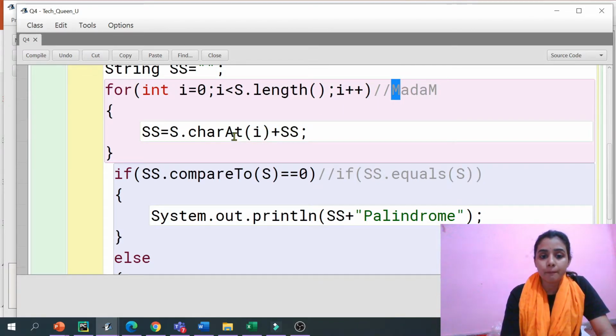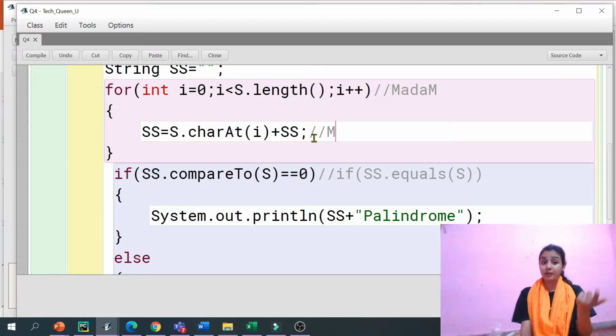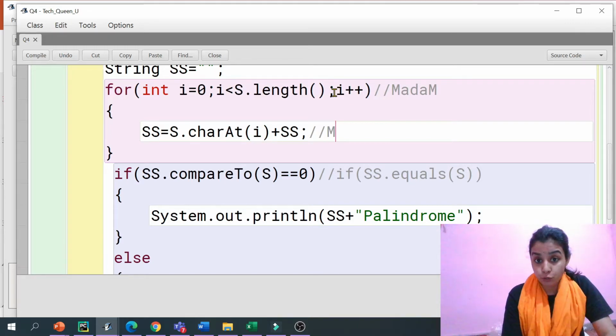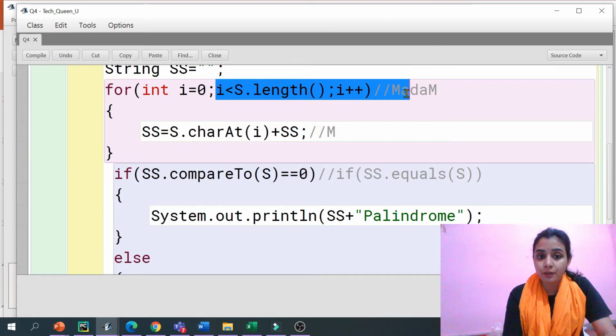Now this M we are adding to this empty string, guys. So I have written M plus this empty string. Now what is inside ss? If I write ss there, there is M. Okay, so now i++ will make i go from 0 to 1. 1 is less than 5, the condition is true.